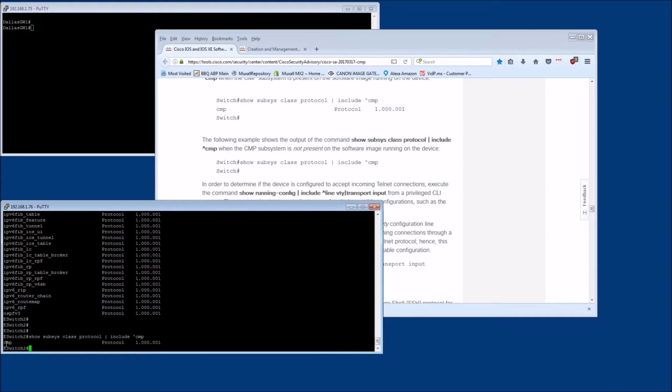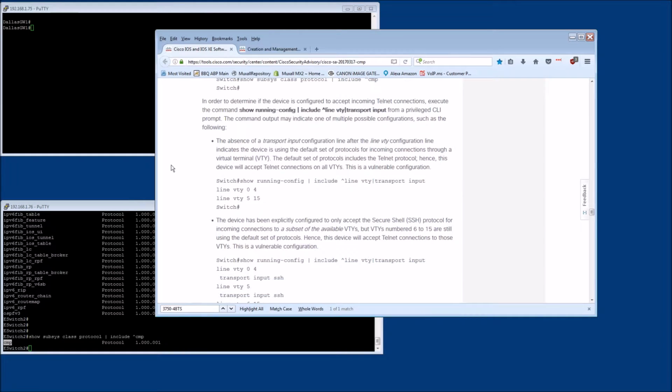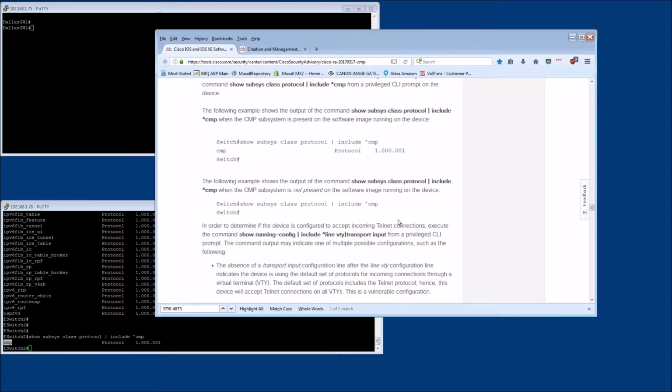And as you can see, this line right here starts with CMP, so that's why it's the only one that showed up. And like I knew, it was in there. So anyway,